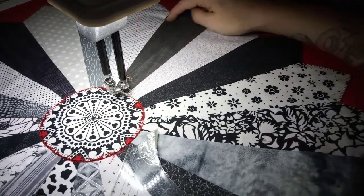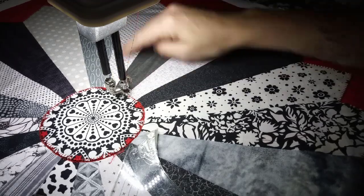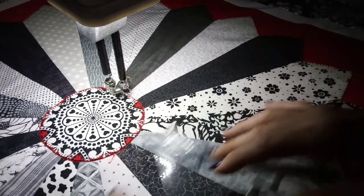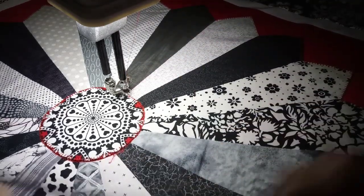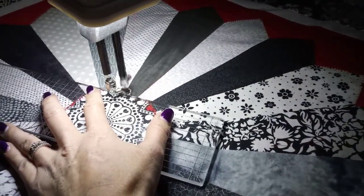And I'm going to quilt down the center. And then I'll be stitching in the ditch around every single blade. But I'm going to do the feathers and blades all just, you know, go around and do that. So I'm going to take this now to the center right here